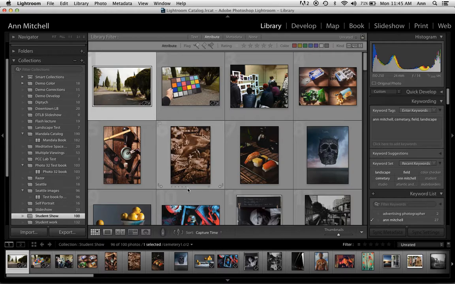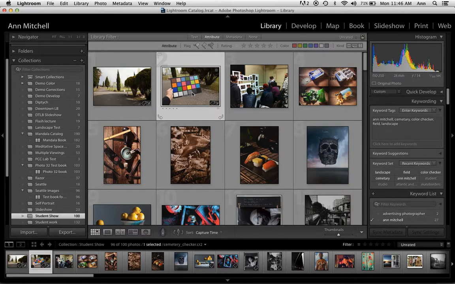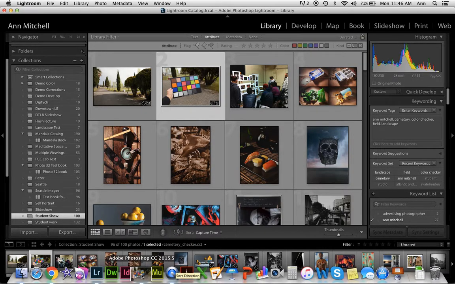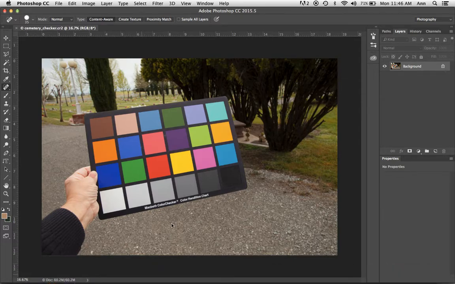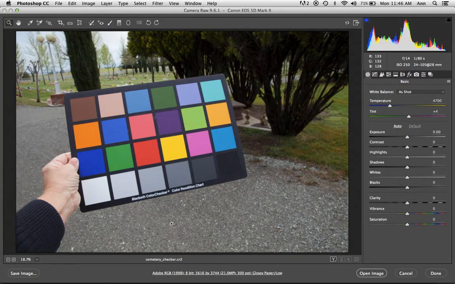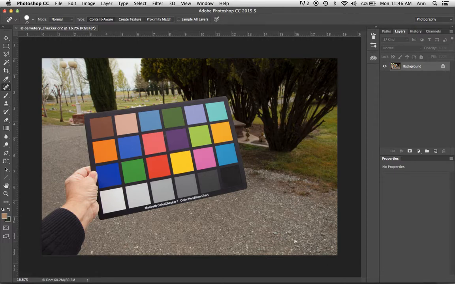The other method to working on an image from Lightroom would be to just press and drag it down to Photoshop. The difference this time is that it's going to open up Camera Raw, and that would give you Photoshop's Camera Raw to work on, and I have a video on that one as well. So I'm just going to hit cancel since I'm not going through that process right now.